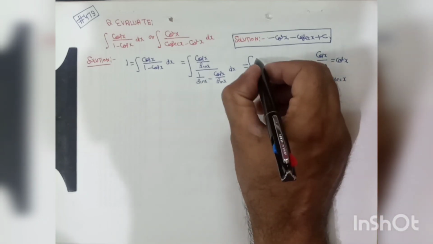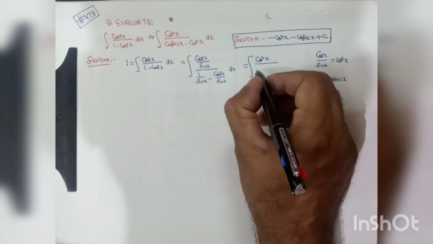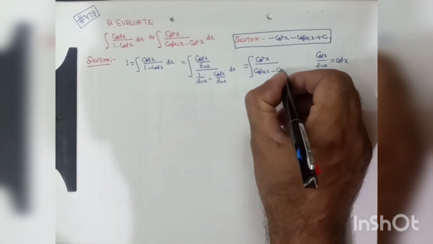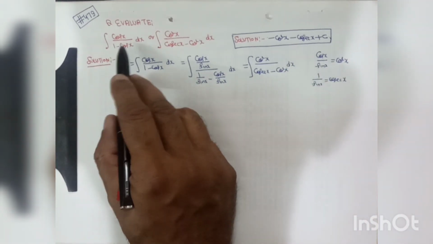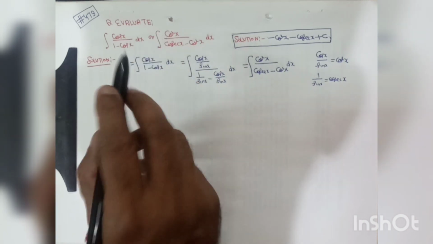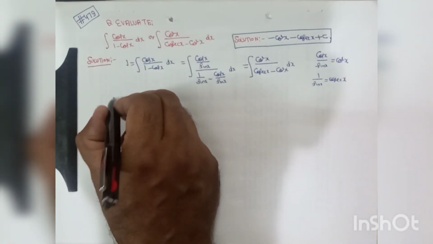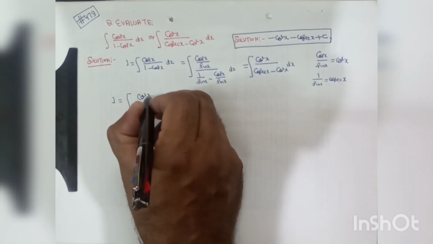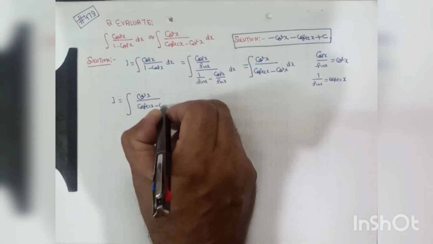So this may be written as numerator cot x, 1 upon sin x is equal to cosec x, and cos x upon sin x is equal to cot x. So now we see that the two expressions given in the question are equal. Now we will rationalize the denominator to solve this integration. So this will be cot x divided by cosec x minus cot x.